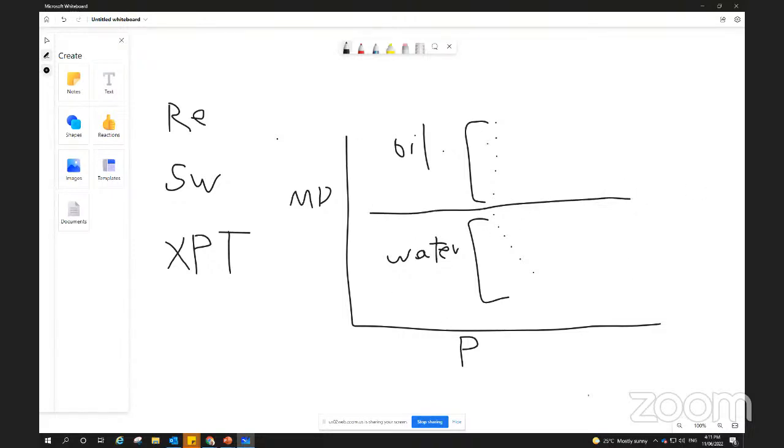Believe me, this is the most accurate way, better than depending on resistivity and water saturation, because SW is calculated from resistivity, and resistivity is affected by borehole conditions and reservoir conditions as well. So XPT is more reliable to identify the fluid contacts,